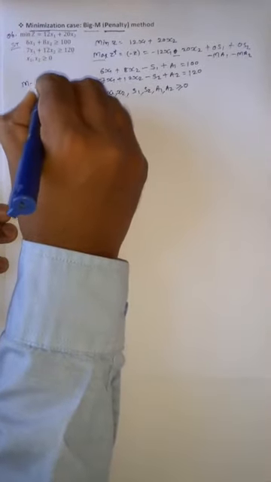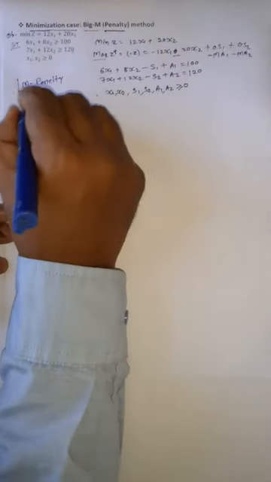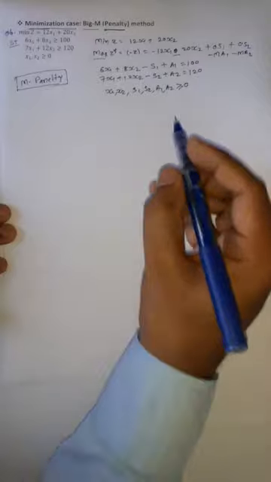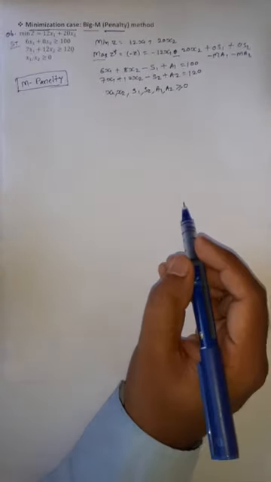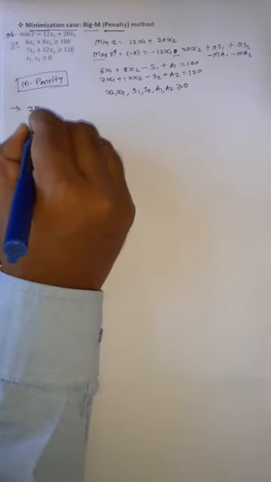M is called a penalty, and it is considered a very big value. This is the reason why this method is called the penalty method. So after completing the conversion phase, let's move on to the next step, which is the IBFS, the initial basic